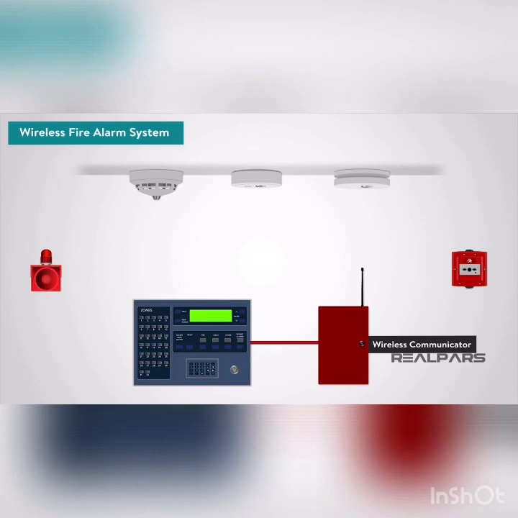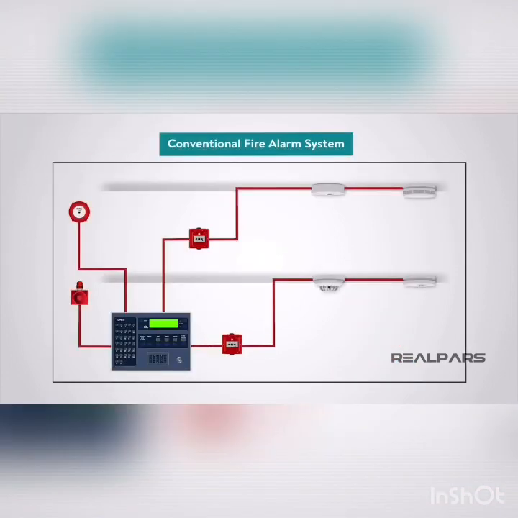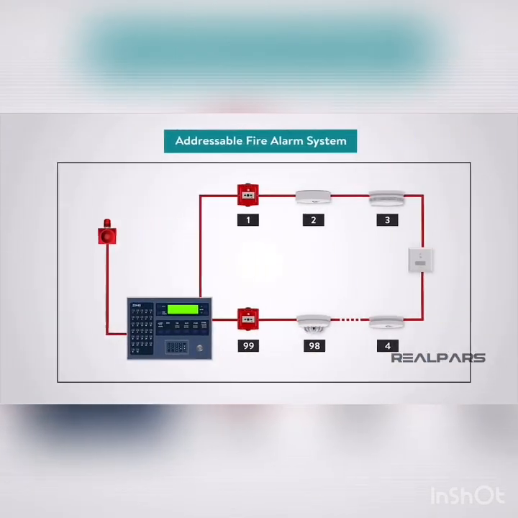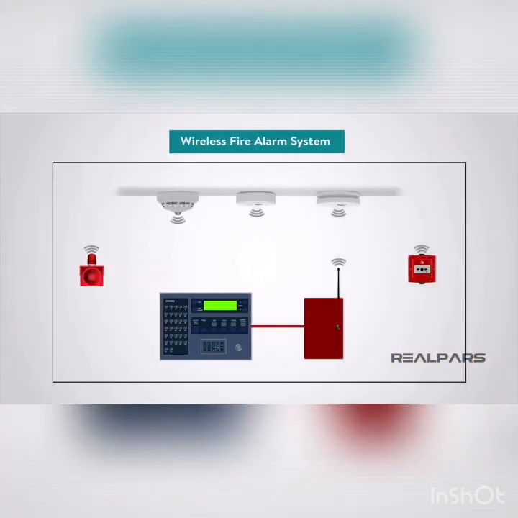In this video, we have learned that fire alarm systems are fitted in many buildings we encounter every day, and that they are used to warn people within the building of an emergency fire-related situation. We discussed the main types of detectors: heat detectors, smoke detectors, carbon monoxide detectors, multi-sensor detectors, and manual call points. And finally, we looked at the different types of fire alarm systems: conventional, addressable, intelligent fire systems, and wireless systems. We hope you enjoyed this short